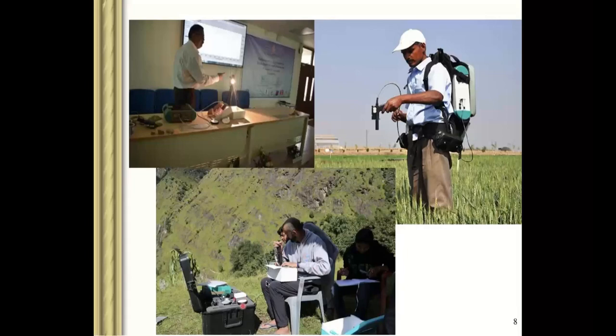This is a very easy job. First put your calibration probe over here. It will calibrate based on this white reference panel, and then you take a reading. Again, if you have a different species, you have to calibrate, then take the reading. So if you have so many species, you have to calibrate each and every time. So that will give you a good reading.